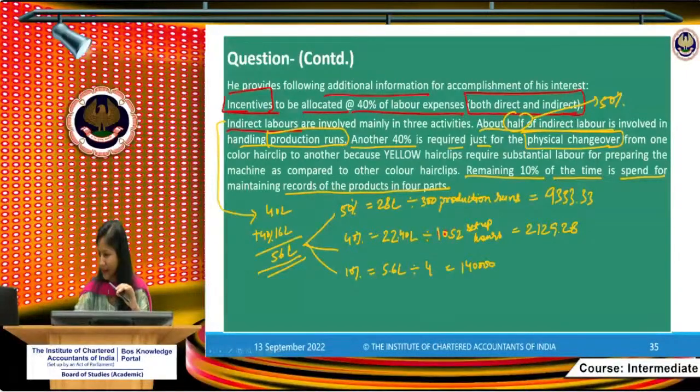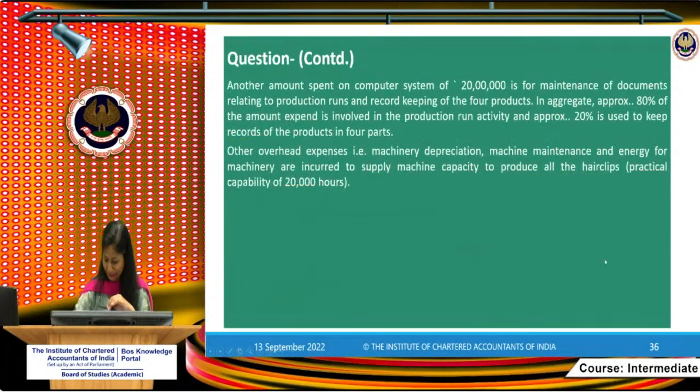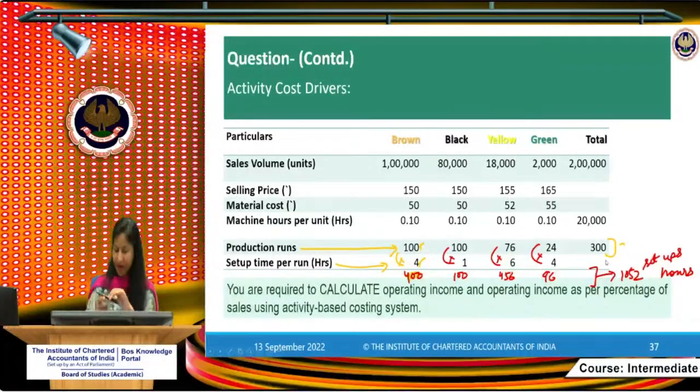Ma'am, why can't we just take setup time for changeover allocation? Yeah, I know students would get confused in this. Dhanlakshmi, it's okay. Let's see. We know the setup times. But it is per run. What information we have, you need to stress on the information you have.